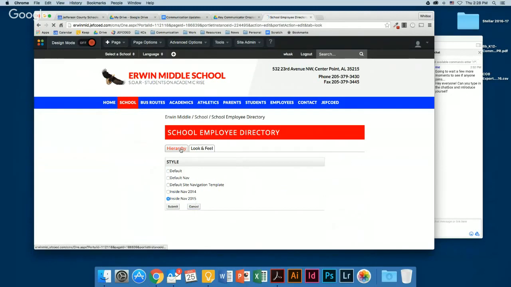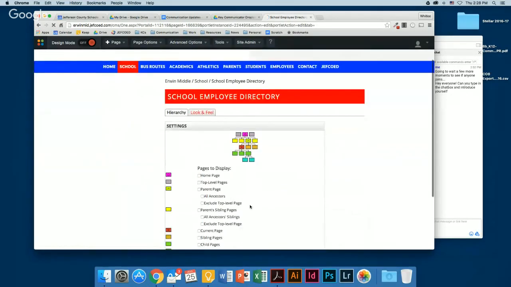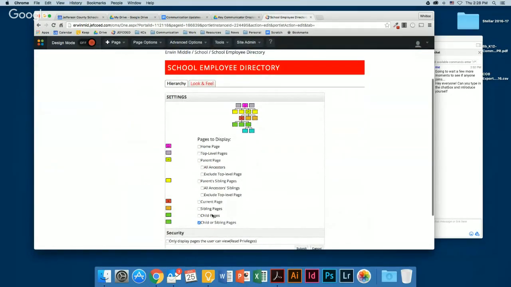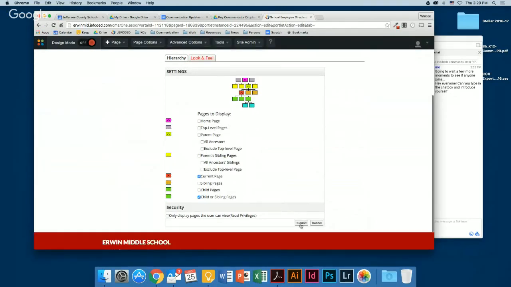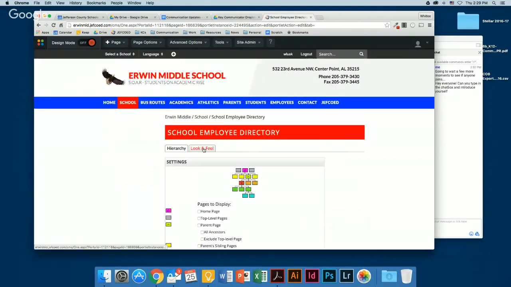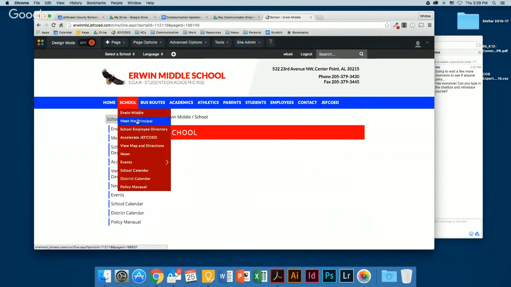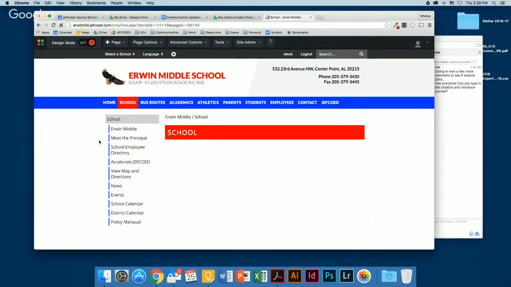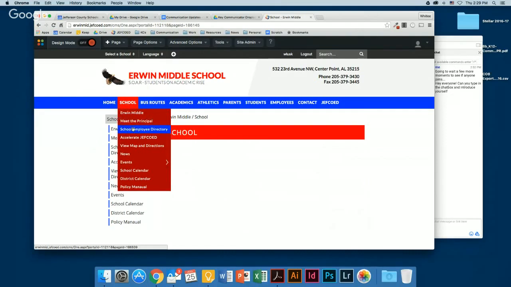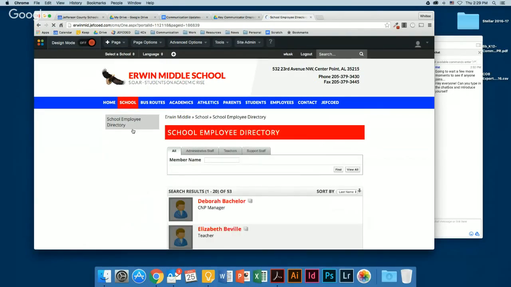Maybe it's current page and let's see what that looks like. Okay, school, that looks good. You can play with the settings. Feel free. Okay, now it's just showing the school employee directory.